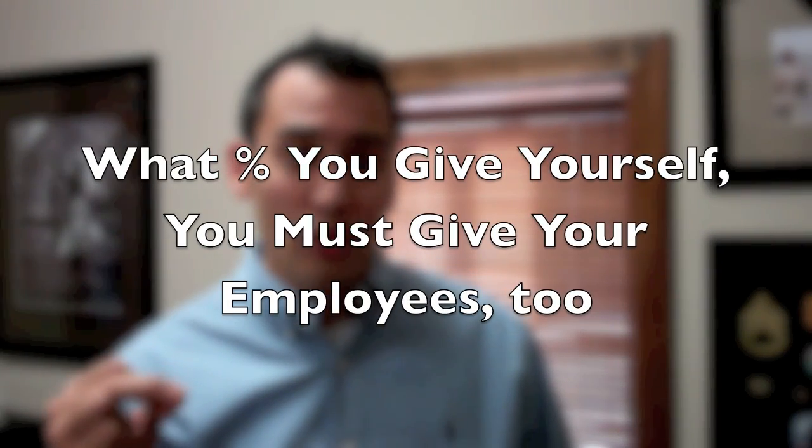So if you're, say, going to do 20% of your income, then you have to do 20% of all your employees' incomes that qualify for that plan. Now there are certain discriminating rules that you can do that can leave certain employees out, but if they qualify, then knowing that whatever you do for yourself, you're going to be doing for them as well. And that can get fairly expensive for a business owner. If you have several employees and you're looking to put more in